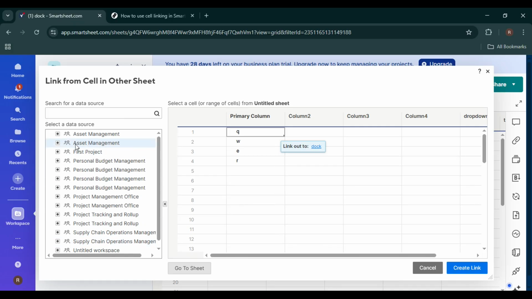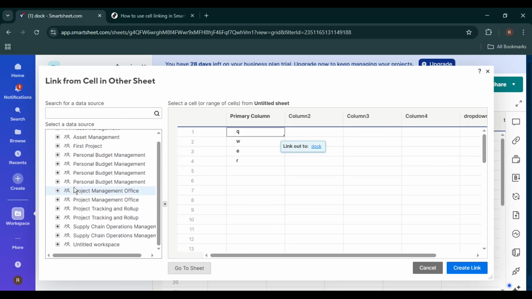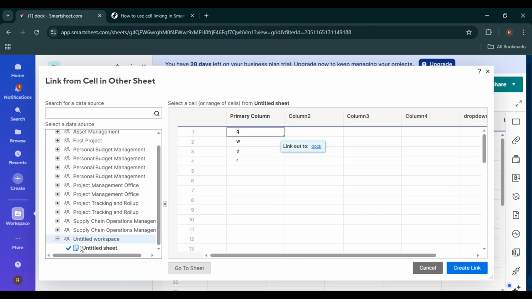This is the sheet that contains the original data you want to link from. Browse through your available sheets and select the correct document. If you have many sheets, you can use the search bar to quickly find the one you need. Once you select the sheet, Smartsheet will display its grid so you can choose the exact cell or range you